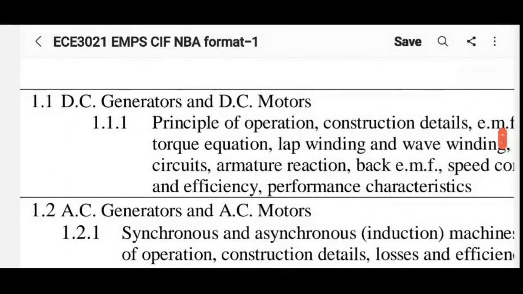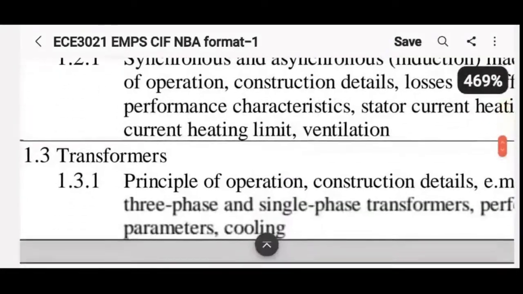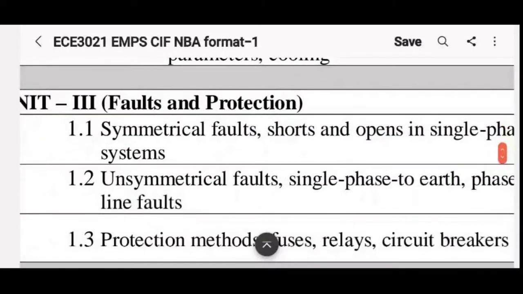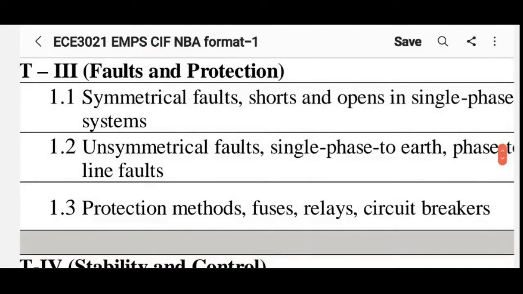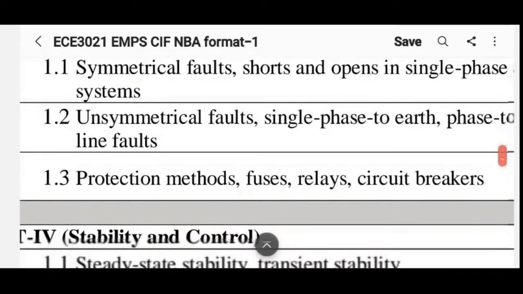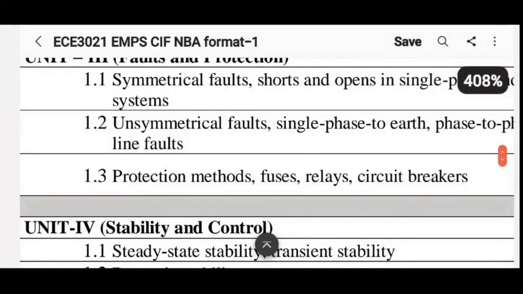Either we will do DC generators and DC motors first and then we'll go to midterm. And then after the midterm, we'll go to AC machines and then finally transformers. That could be one way. And then, of course, at the end, we will talk about, as I said, power system from the operational point of view. Faults, how do you avoid faults? What are the protection devices that are needed to mitigate the effect of faults and so on? Stability of the system. If some disturbance occurs in the system, how does the system recover and so on?